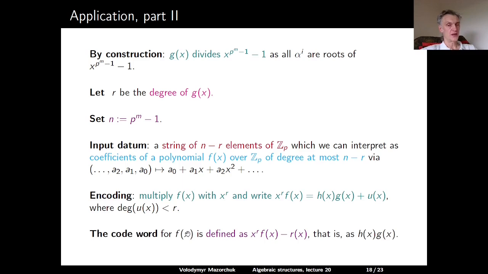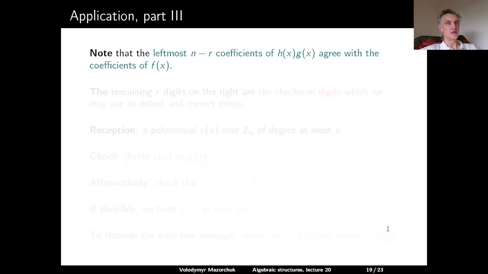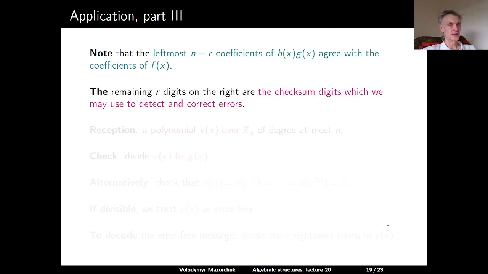The code word for f of x is defined as x to the power r f of x minus u of x, that is, it is h of x times g of x. So that's the code word for our f of x, which we transmit. Note that the leftmost n minus r coefficients of this code word agree with the coefficients of f of x, and the remaining r digits on the right side are the checksum digits,